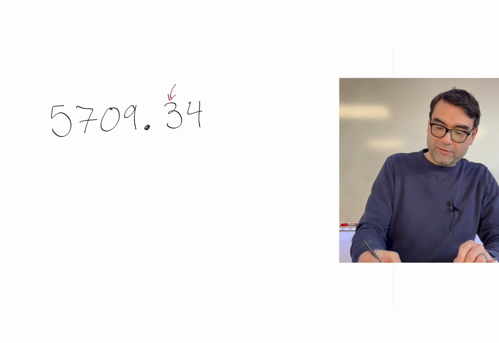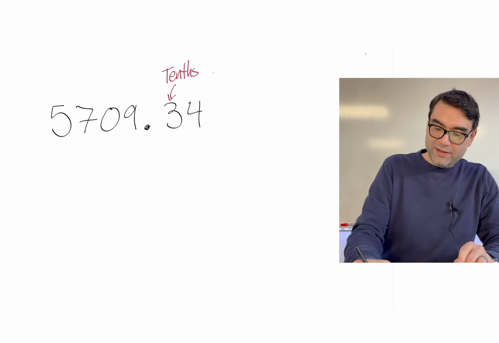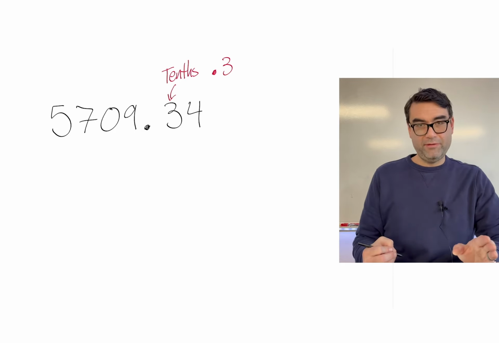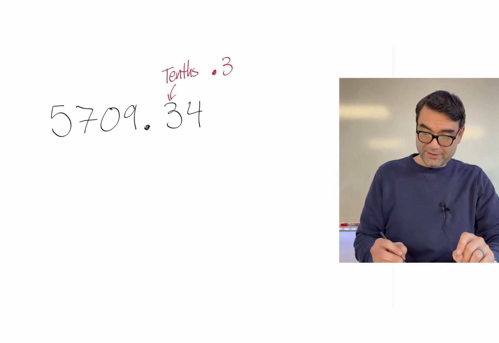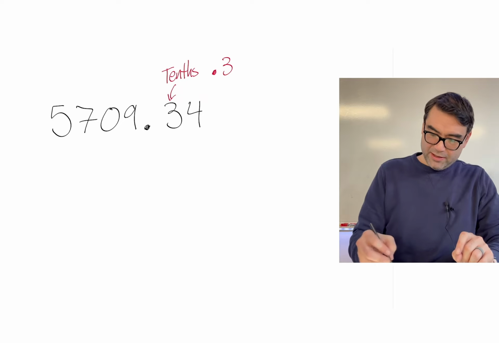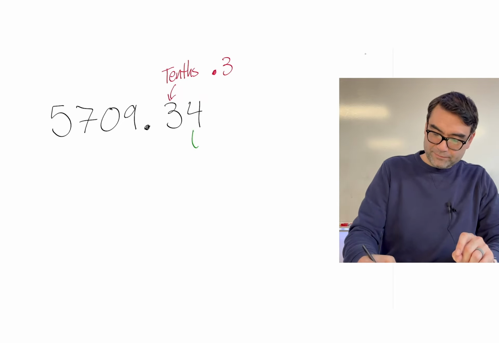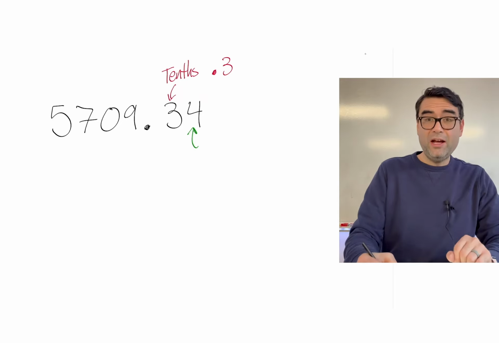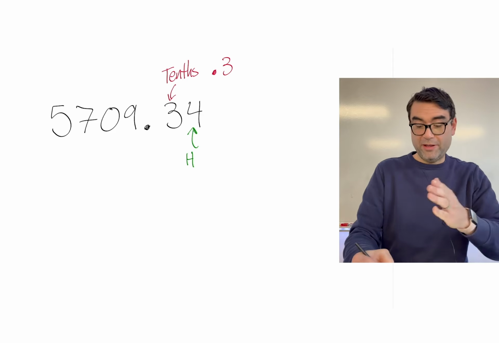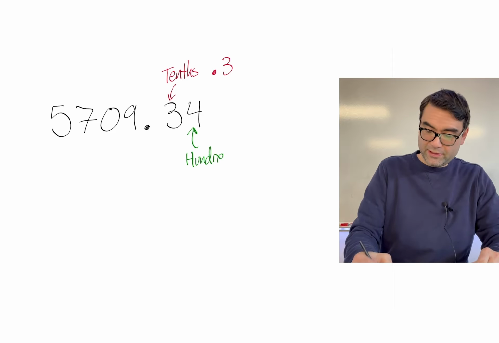So the 0.3 is called our tenths place. And that means we have 0.3 as that value, 3 tenths. And then the 4 is in the hundredths place because it's 2 decimal places to the right, hundredths. And that would be